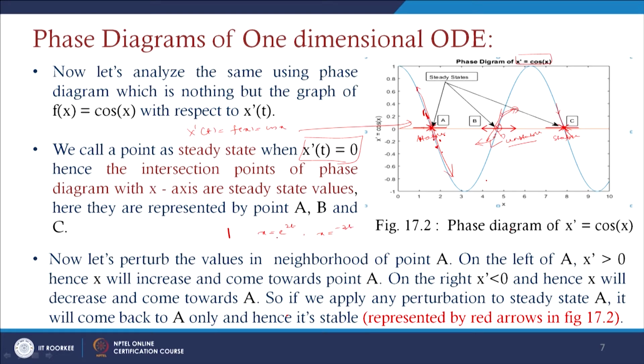Then if you take the derivatives, dx by dt is 2 e to the power 2t, and dx by dt is minus 3 e to the power minus 3t. So, you can find that this represents the positive slope and this represents the negative slope. In the case of positive slopes, the system is unstable, and in the case of negative slopes, the system is stable. That is why we have written that we compare with the exponential solution of differential equations.